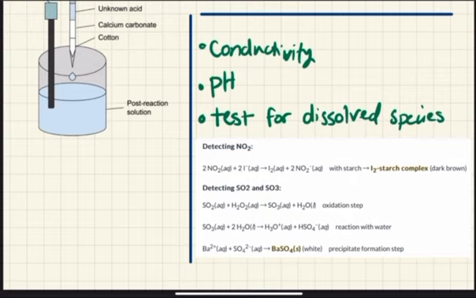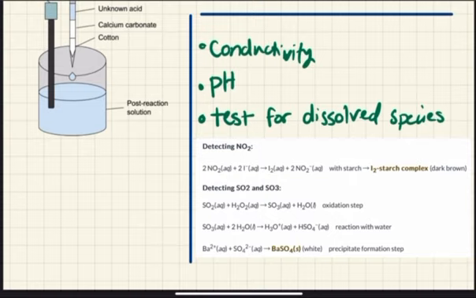So the first thing would be to just add some hydrogen peroxide to your solution. If there is any SO2 present, it will react with the hydrogen peroxide and create SO3. So that's an oxidation step. And then the SO3, because there's water around, will generate SO4 2-, which can then combine with barium